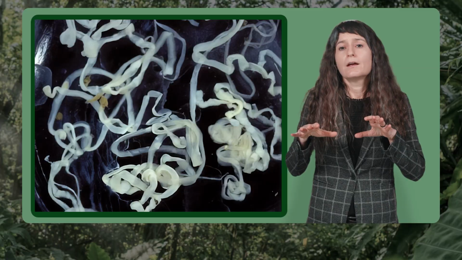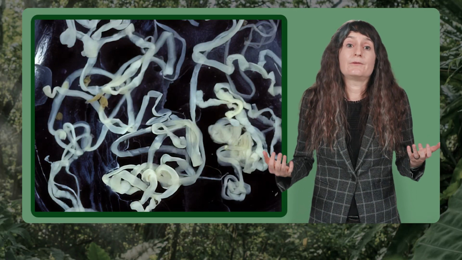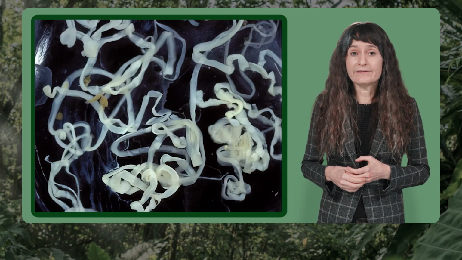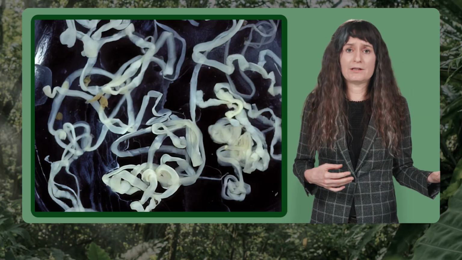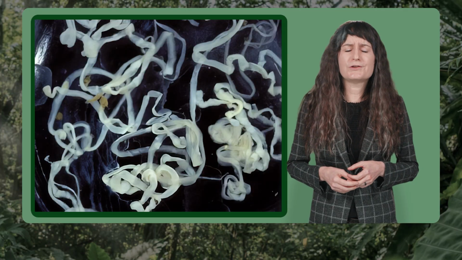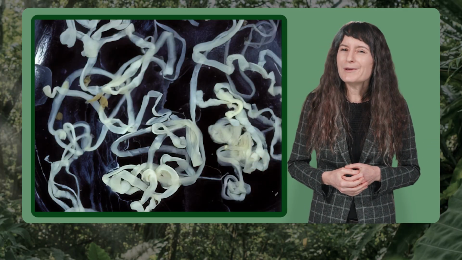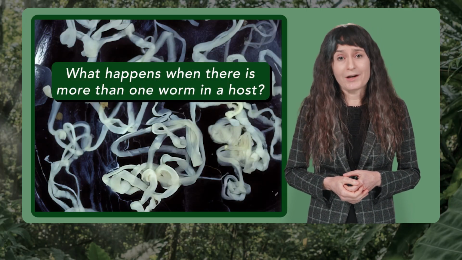And once you find the parasites in there, you'll also find that they behave like deer or fish or any other free-living species. Let me show you what I mean. From previous videos, we know that adult and larval tapeworms behave differently within their host, and we know that they can get different things from the different locations that they infect. The anterior portion of the gut is a very different habitat than the posterior portion. But so far we've been assuming that each parasite can freely choose where it wants to infect. What happens when there's more than one worm in a host, and now they need to learn how to share?